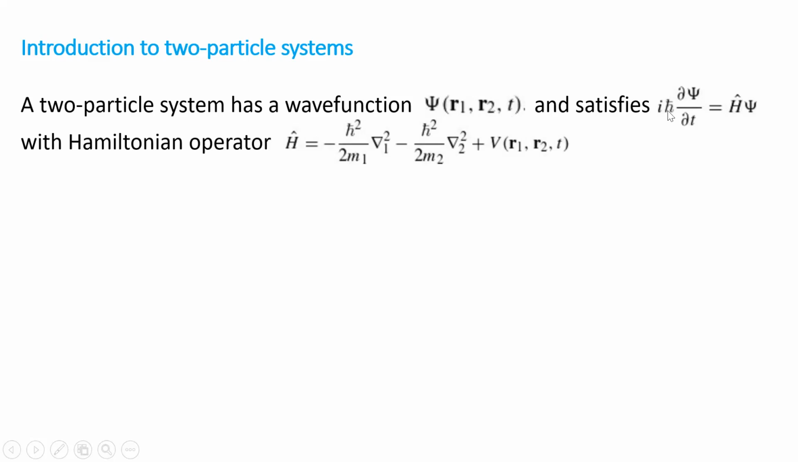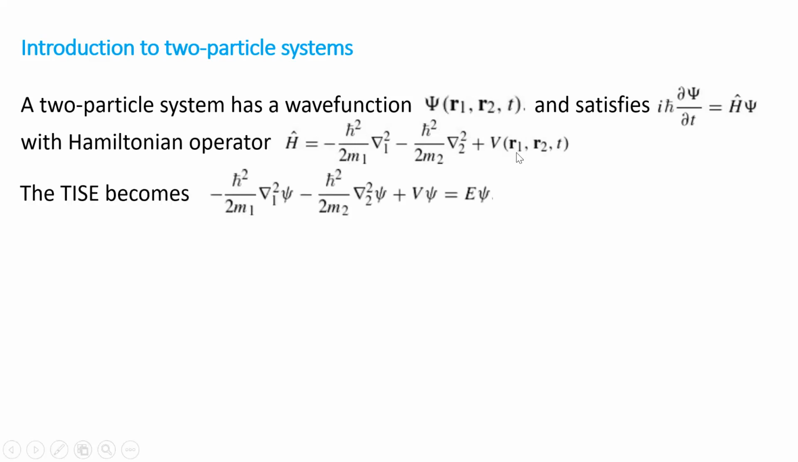It satisfies i h bar d psi dt equals H psi, which is the time-dependent Schrodinger equation, where H is the Hamiltonian operator, which will be the kinetic energy operator for particle 1, and the kinetic energy operator for particle 2, and then the potential for particles 1 and 2. So this is a generalization of the single particle system, where we only have one term for the kinetic energy, and the potential is only a function of one